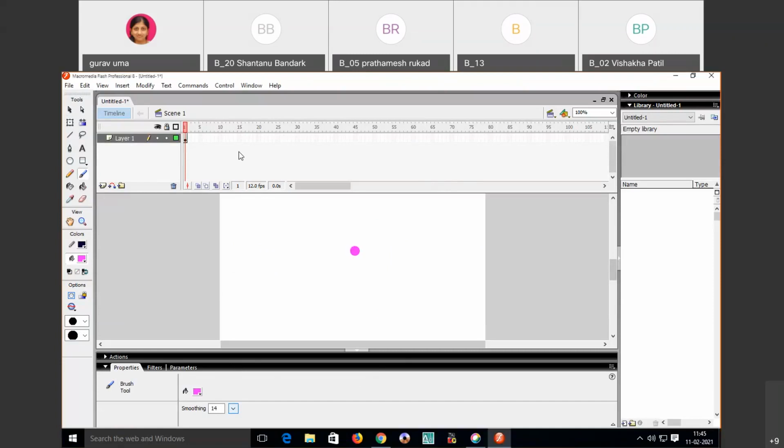The first step is to set a frame size. You set the frame size with the help of F5, or if you are using a laptop, it could be function plus F5. First we have to set a frame size. Just click on F5, or if F5 is not working, click on function plus F5. So I'm clicking on F5.